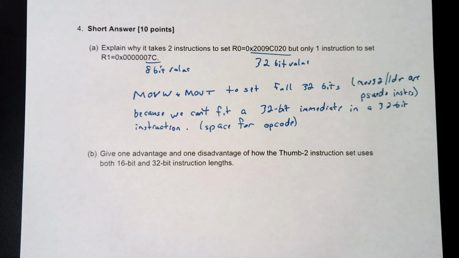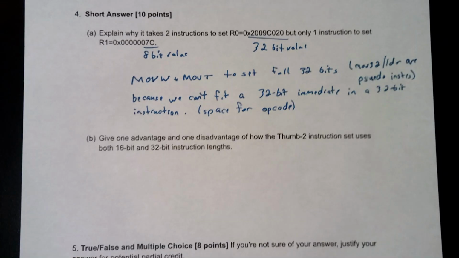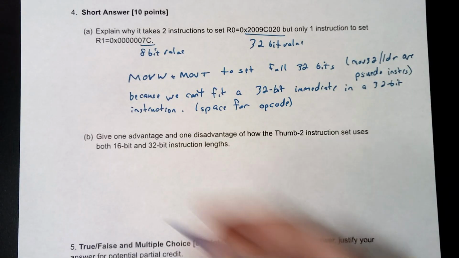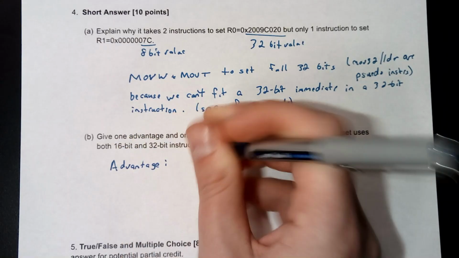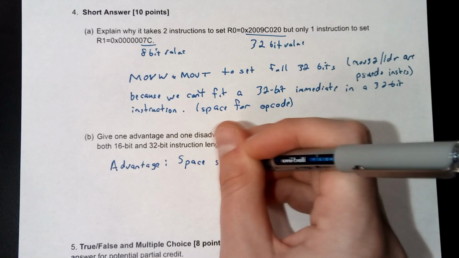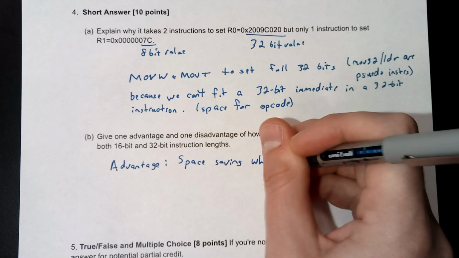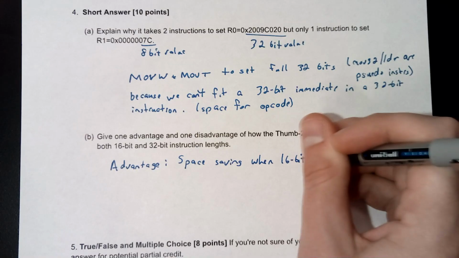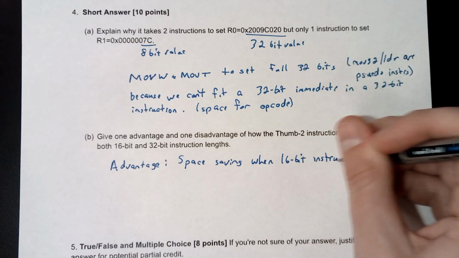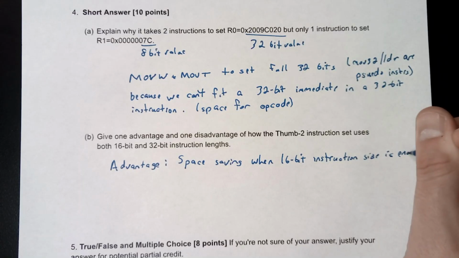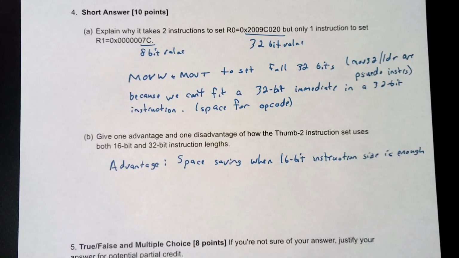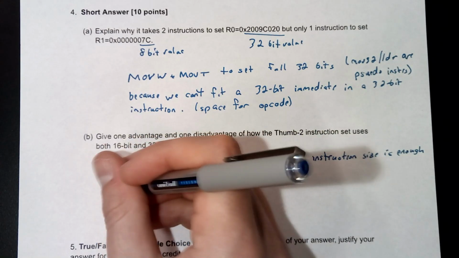One advantage and one disadvantage of Thumb 2 instructions use both 32-bit and 16-bit instruction lengths. So advantage, the main one here is space saving when 16-bit instruction size is enough. All right, we can just use less space. So why not? Disadvantage,